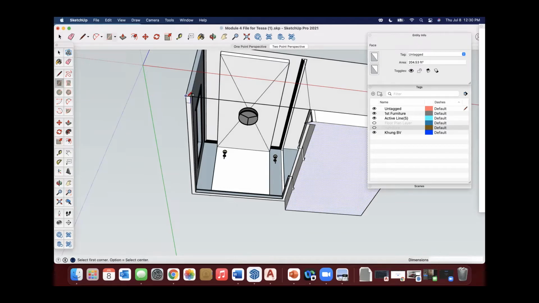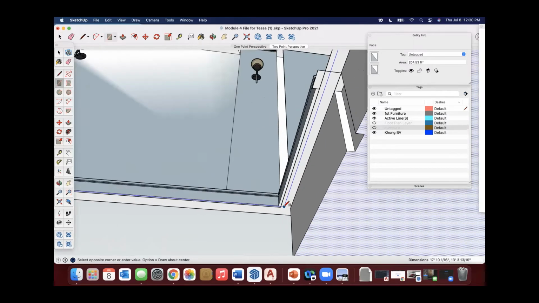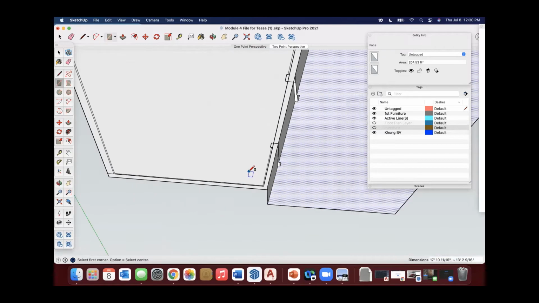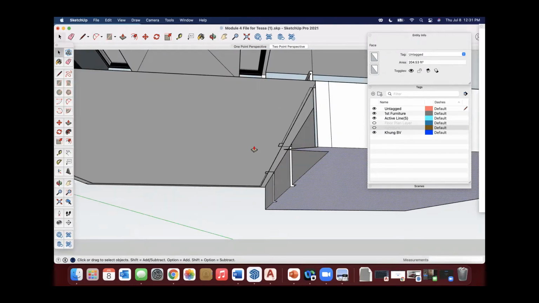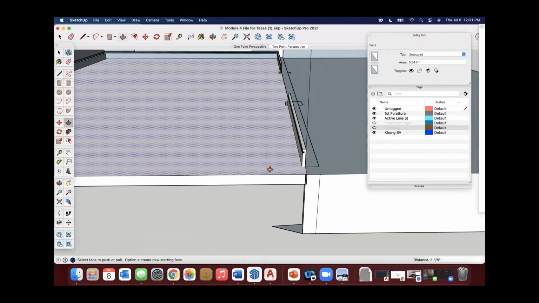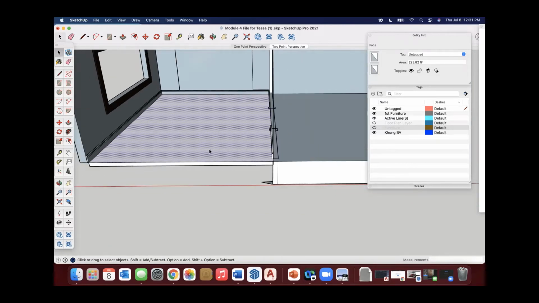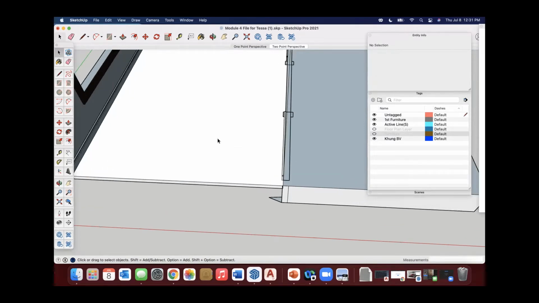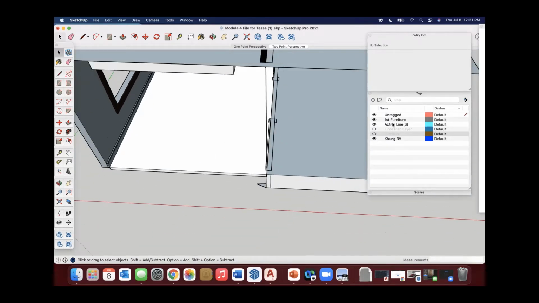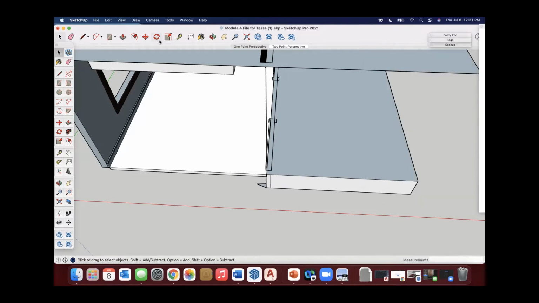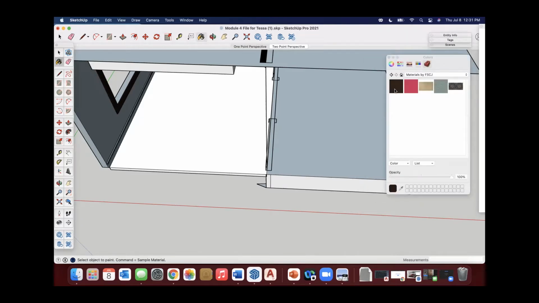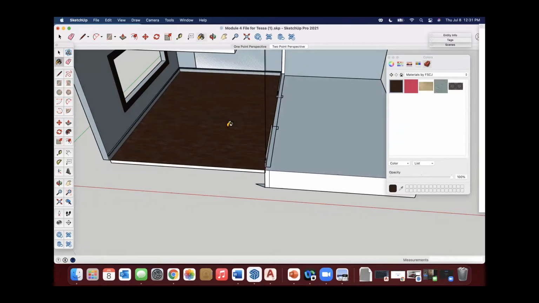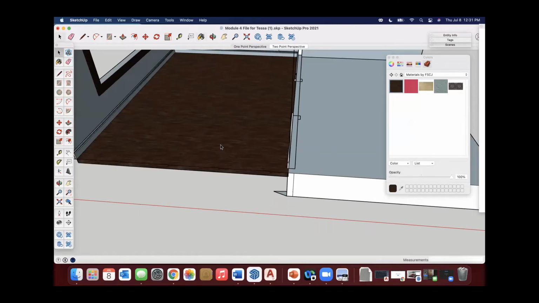Okay, so what I'm going to do is I know I need this to be wood. So I'm going to come underneath and I am going to make a face and I'm going to add some thickness to it because we need the face to have some thickness. And there we go. So we're not going to get any flashing. And so this is where we would apply the wood flooring. So for that material, we can place that. I'm going to go back to my paint bucket. And I'm going to select the wood floor and I'm going to apply it. And now I can just put it on the front of that little vignette if I want to.